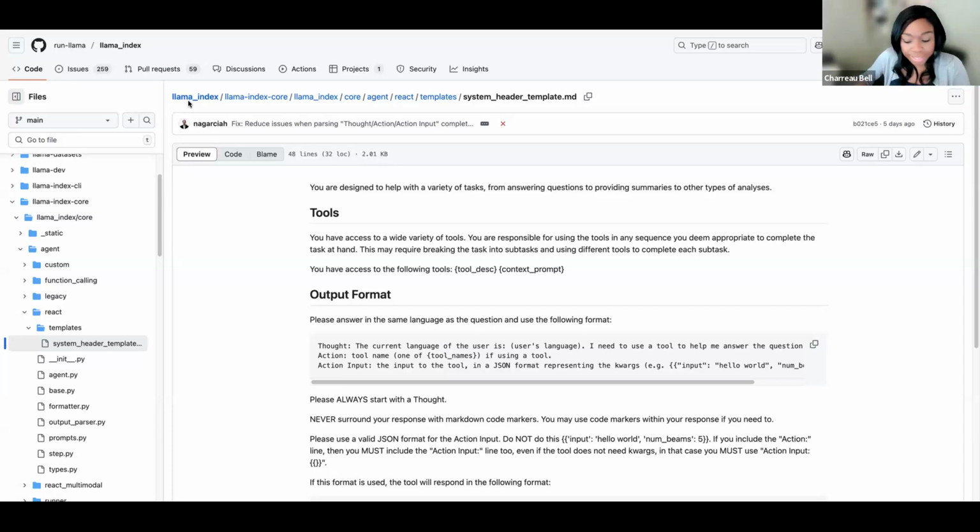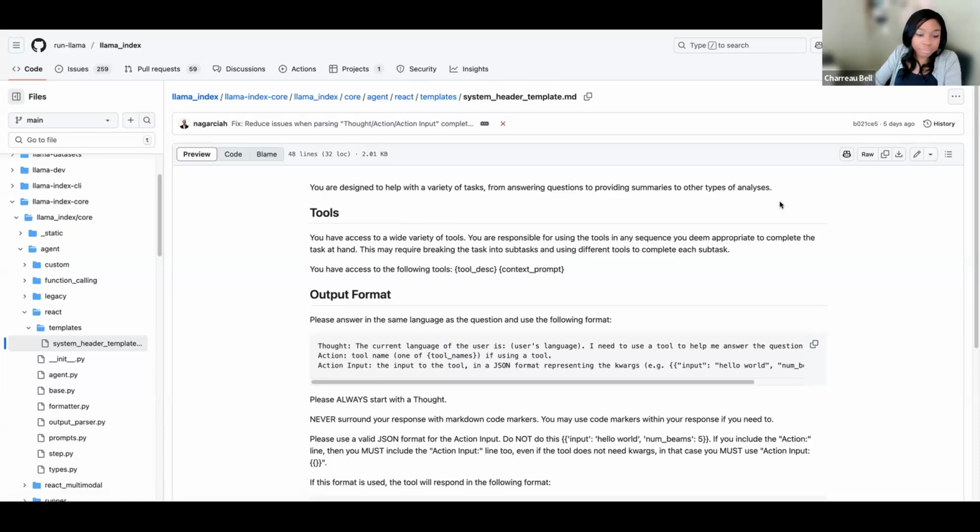Anyways, so LlamaIndex, again, it's a Python framework, kind of like LangChain, but it has a lot of functionality related to RAG, loading documents, reading documents, tools, all that great stuff, pre-existing workflows, agent systems. Great, just a different choice. And so here what we can see is, again, super nested into agents, specifically the React kind. And then this is the templates for React, and this would be the system message, right? And so here you see exactly what the system message is.